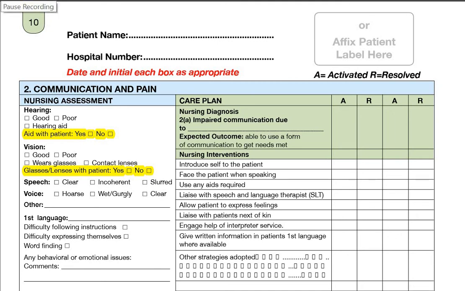This section is communication and pain. We look at the nursing assessment first. We assess the patient's hearing. We tick whether it's good, poor, have they a hearing aid, is the hearing aid with the patient. We assess the patient's vision: good, poor, wears glasses, contact lenses, glasses or lenses are with the patient, yes or